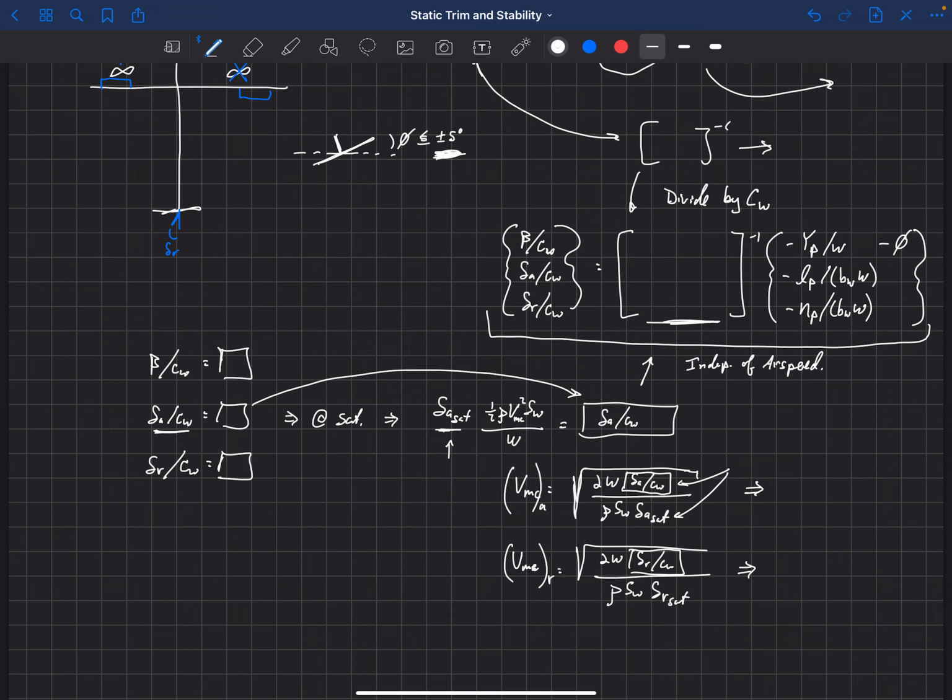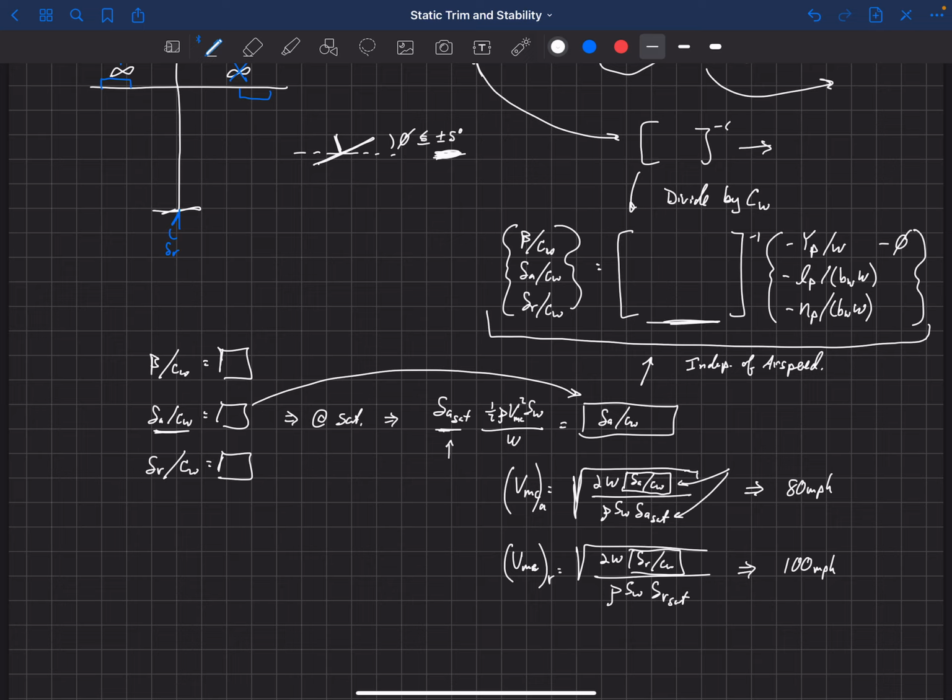Now, let's say, for example, that I get 100 miles per hour for the rudder, and I get 80 miles per hour for the aileron. Well, in all likelihood, you're going to get two different velocities here, two different minimum control airspeeds, one for the aileron, one for the rudder. So if that's true, if the rudder can only control down to 100 and the aileron can only control down to 80, what is the actual minimum control airspeed of the aircraft? What should we tell the pilot is the minimum control airspeed of that aircraft?